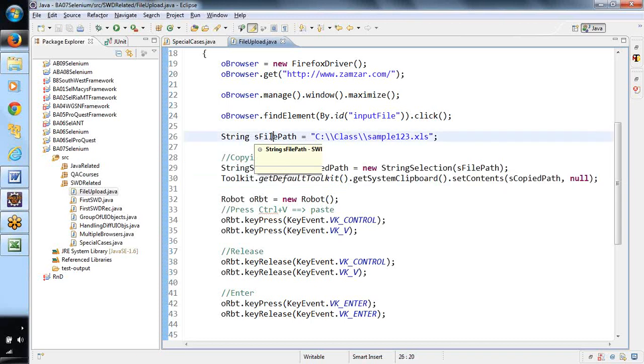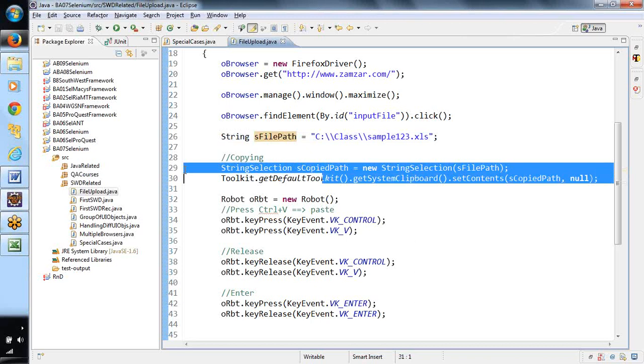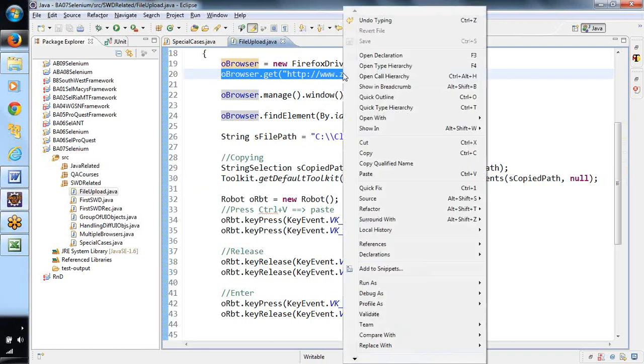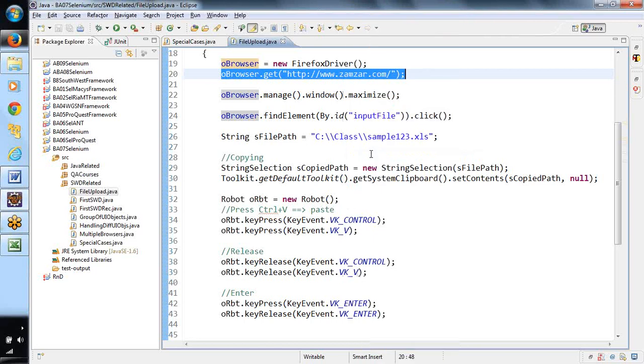this particular string value. You might ask, why are we doing all this? We already have the path that we wanted to upload in a variable, so what is the need for this? Yes, for this, let us take an example. Say if you take this Eclipse itself, everyone observe here, I'm selecting this particular line. I have selected this particular line. I'm doing a right click and saying copy over here.